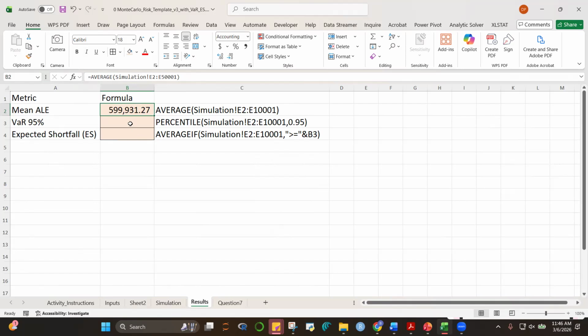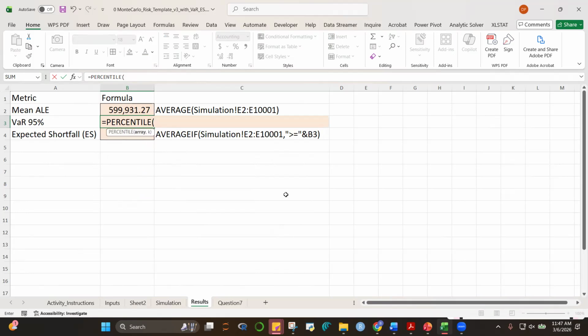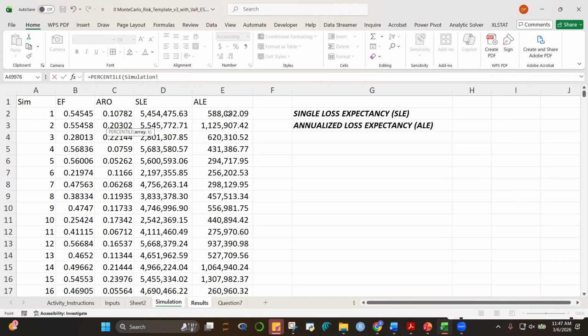Then how do we now compute for the VAR 95%? That's very easy. We can make use of the percentile function. So percentile, okay. Percentile, okay, and we will do. What's our array? Our array is our ALE class.